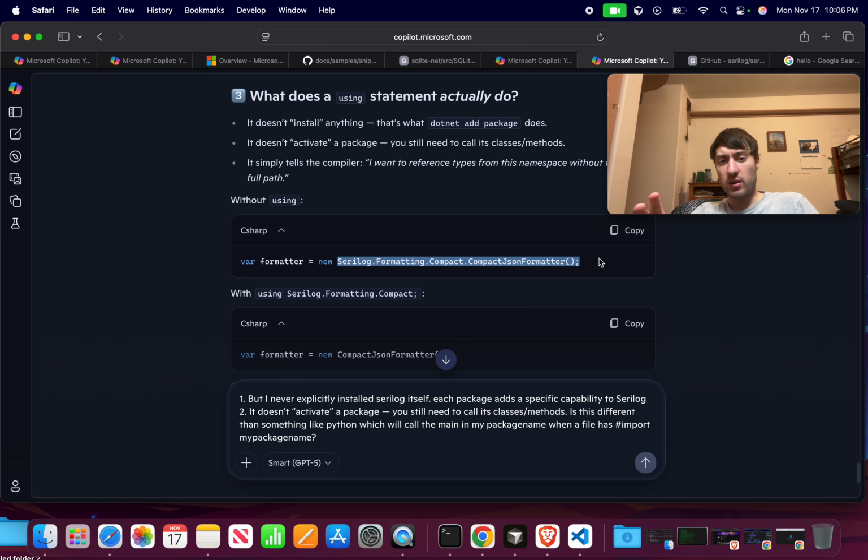Is this different from Python imports? Yes, it's different. So in C#, adding a NuGet package just makes the DLLs available to me. Okay. A using statement only brings the namespace into scope. So it tells me that I'm allowed to call it by the shortened name. Nothing runs automatically. You must explicitly call classes and methods. So using Serilog doesn't start logging. You must configure